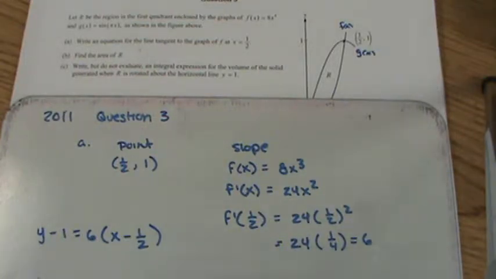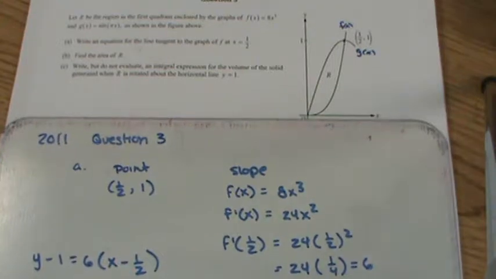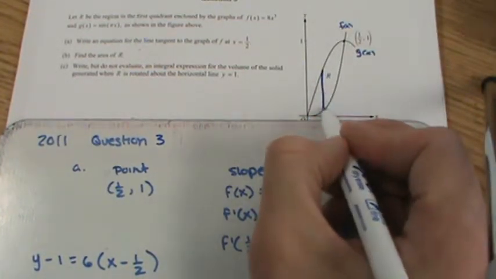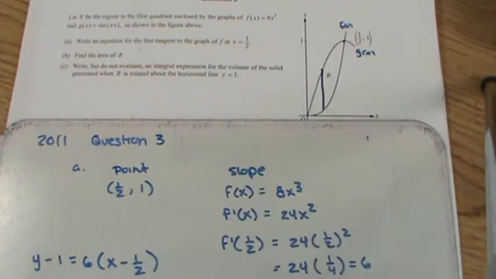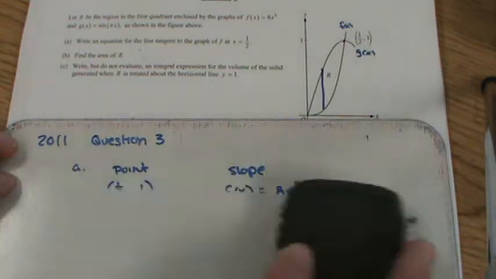All right, part B, we're going to find the area of R. So remember, whenever you find the area of something, we're going to find the top minus bottom. And I'm going to go ahead and draw a line here. There's our top minus bottom. So this is where identifying which graph is which is really helpful. So our